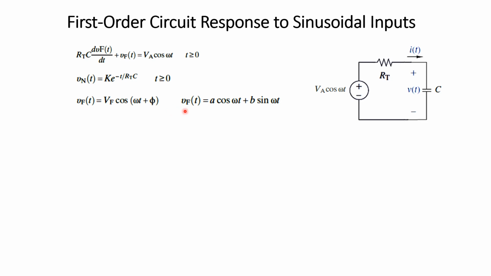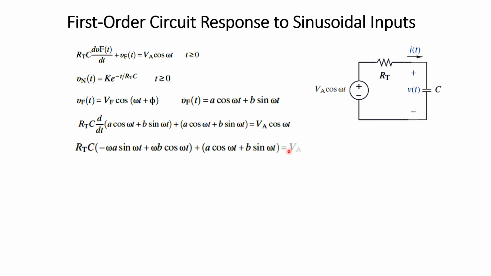From chapter number 5, you know that a single sinusoidal function can be expressed as a sum of two sinusoidal functions with coefficients A and B. And now we substitute this Vf in this equation. So RC d by dt of Vf plus Vf, which is as such, and the right hand side is this. This is the forcing function. We proceed further,